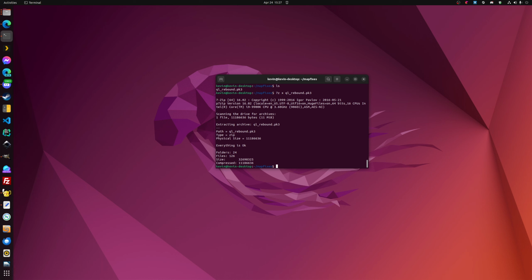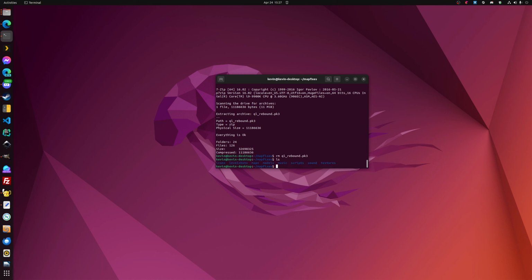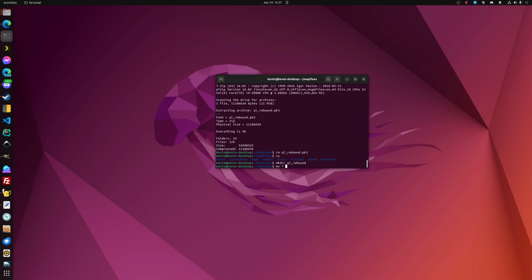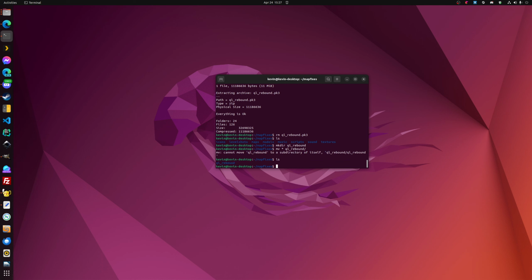Alright, so the next thing we're going to do is remove that PK3 file. And then we've got all of these folders. Actually, what I want to do is make a directory called QL rebound and move the other directories into it. Okay. Now we want to copy the map file